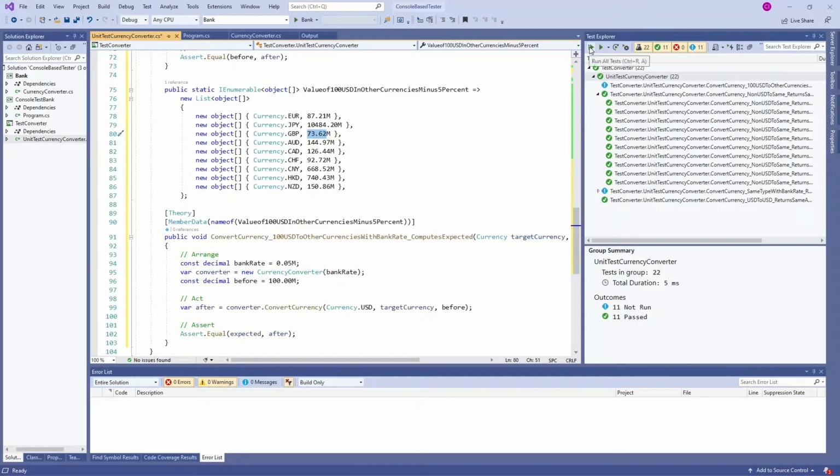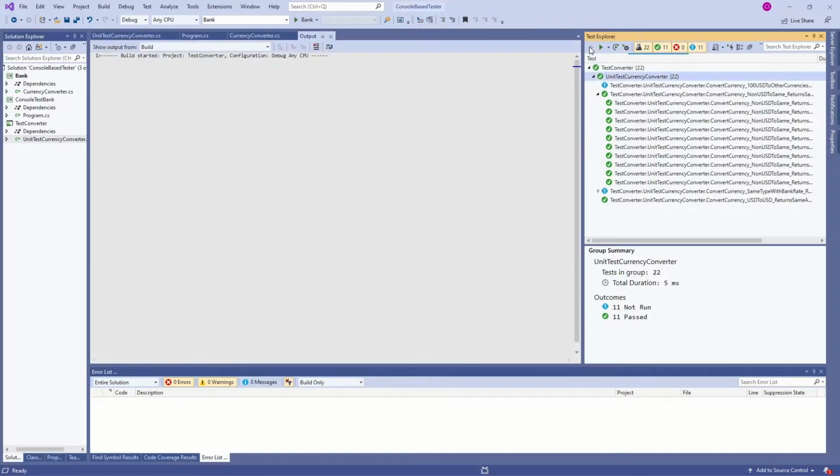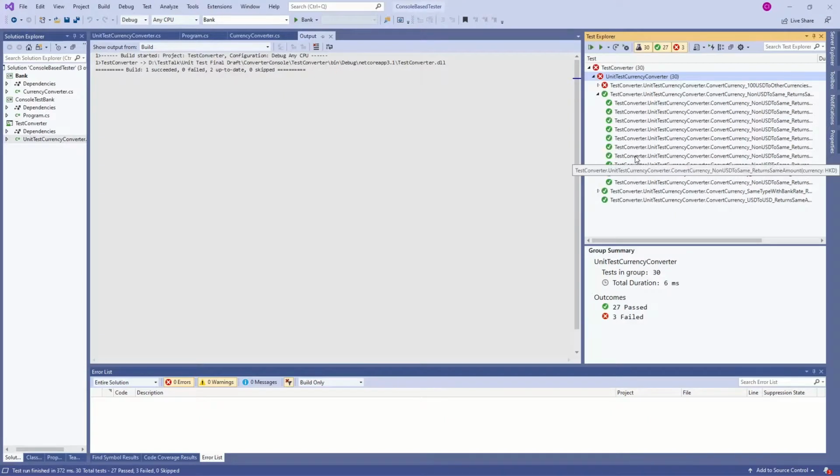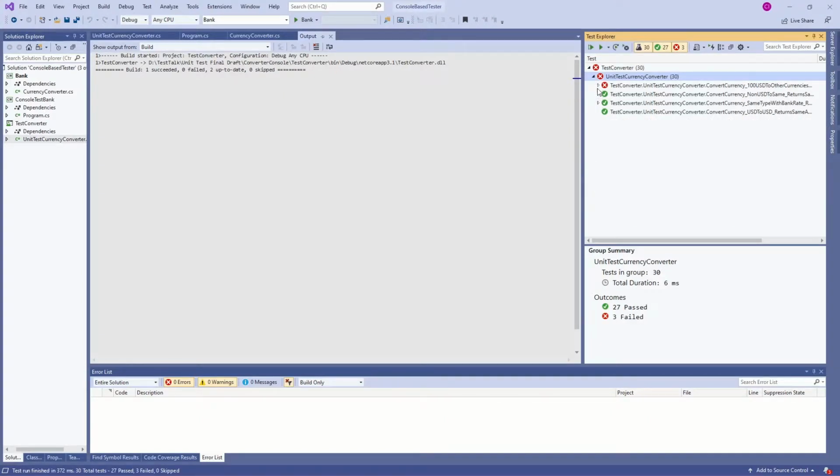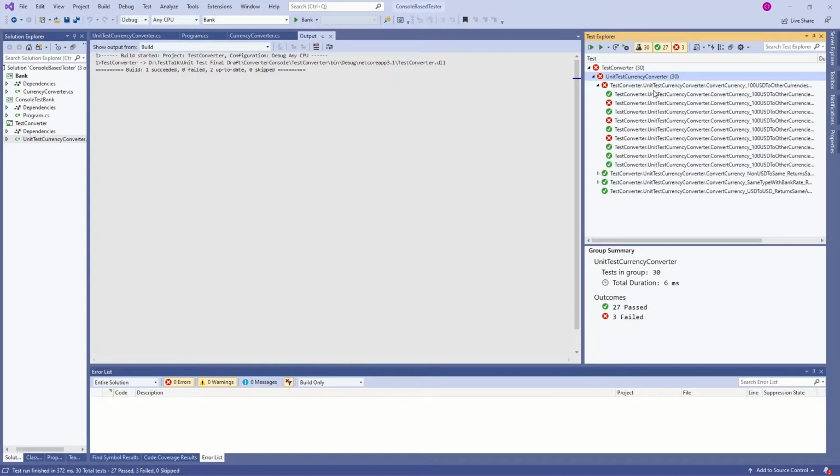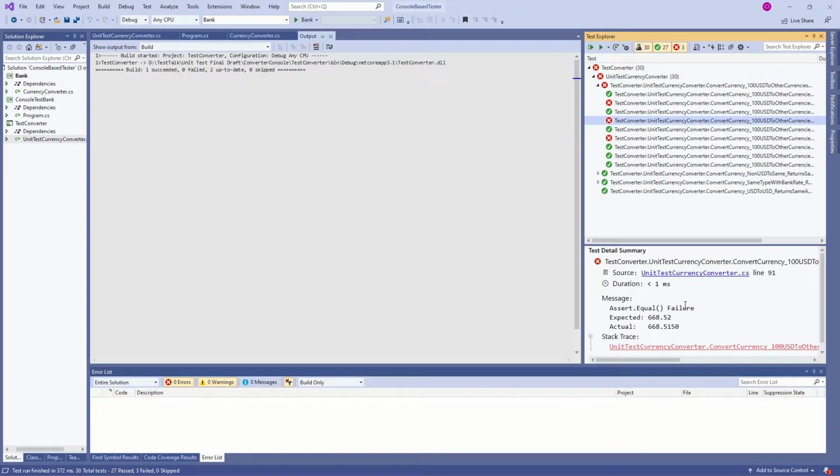So we can go ahead and run the test now, and we go through. But this time, however, we can see that we get some of our test cases failing. What's nice about the test harness, as I said, is that it's going to run all of the test cases, and it's going to readily pick out the ones for us that tell us we have a problem. For instance, we can see for this one here that we failed to convert for CNY. And then we can see for this one, we ended up failing for